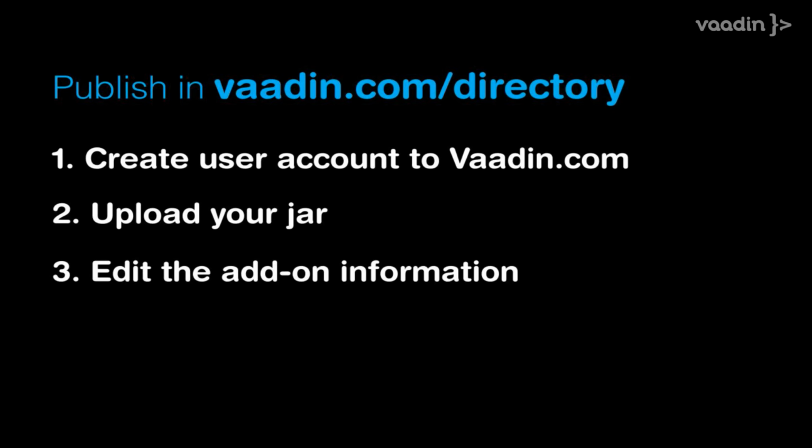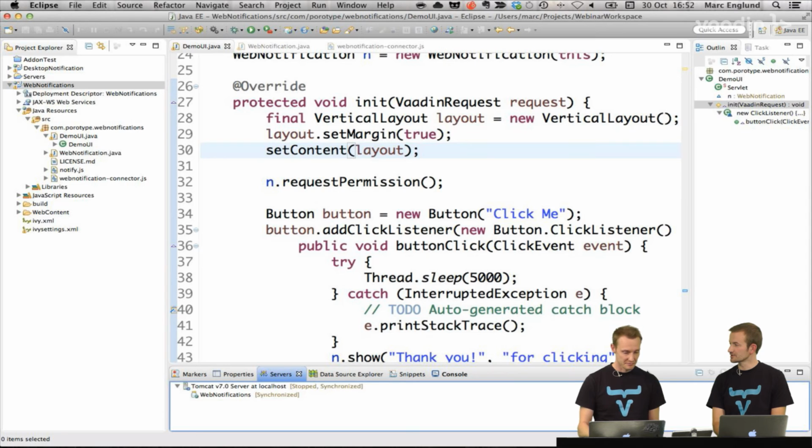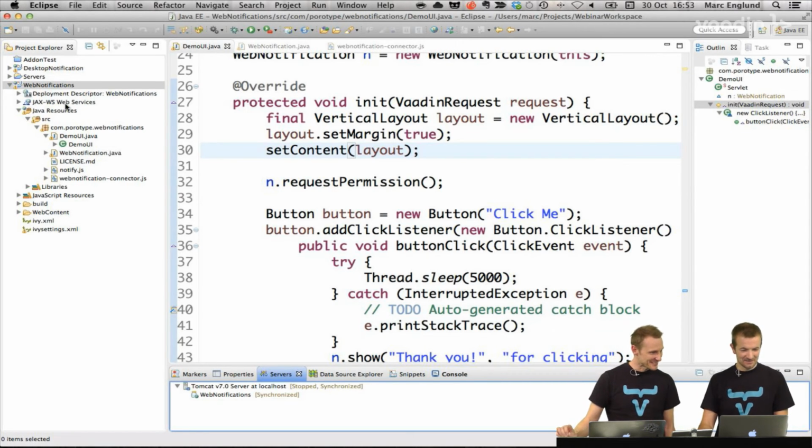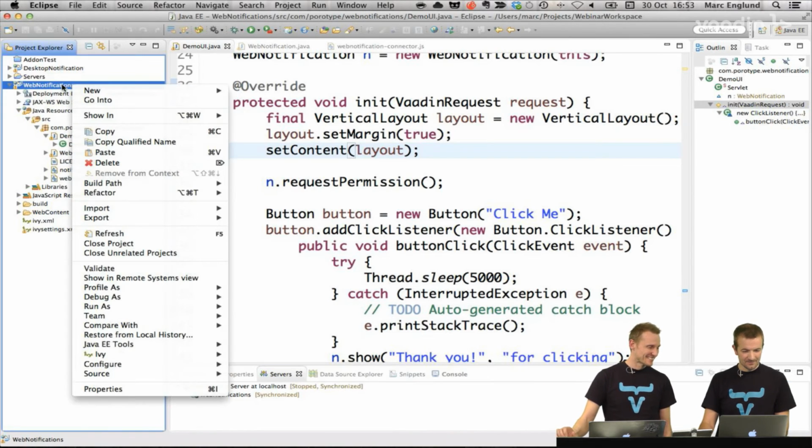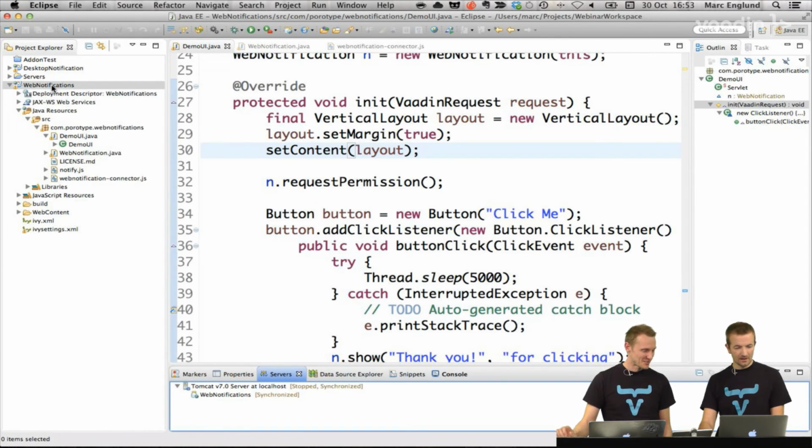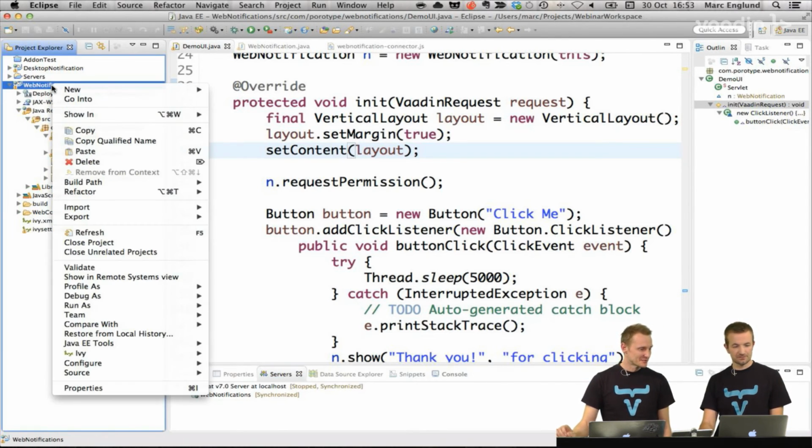You just create an account to vaadin.com, upload your jar file, and create some descriptive information there. So maybe you can show this with this add-on. Let's publish web notifications. So I'm selecting the web notifications project that we have been working on, and once again,